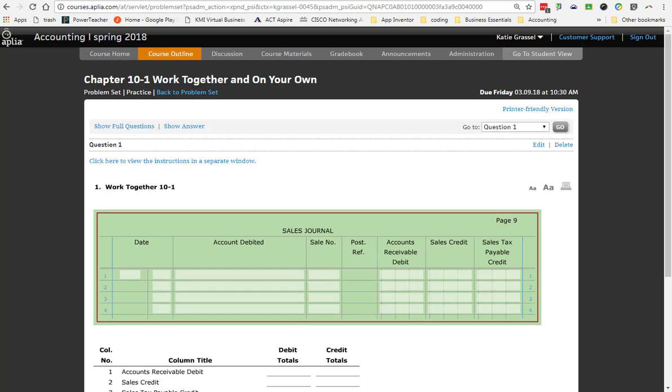Chapter 10 is continuing our talk on special journals. In Chapter 9, we learned about a purchases journal and a cash payments journal. Those are special journals because they're only used for one type of account. The general journal is kind of like the catch-all. If it didn't go in either of the two, it went in there. So in this chapter, we're going to be learning two more special journals, and we will also use our general